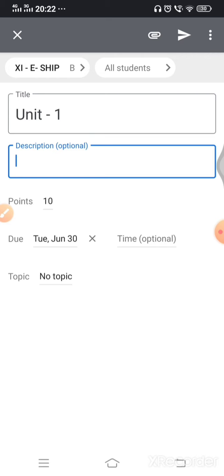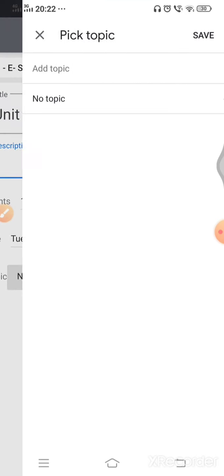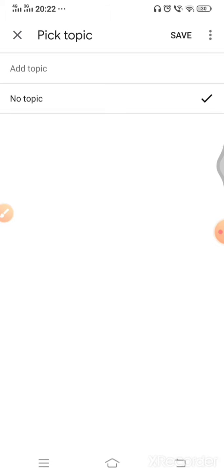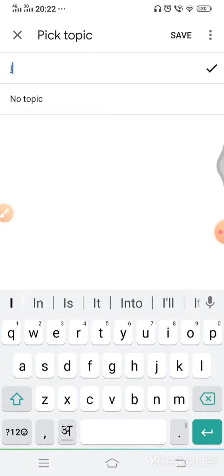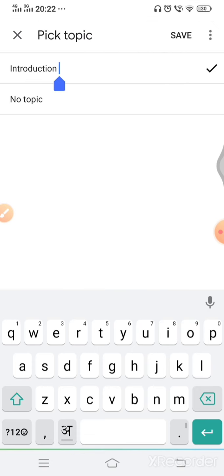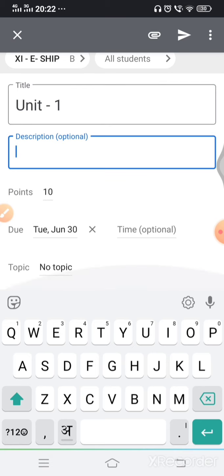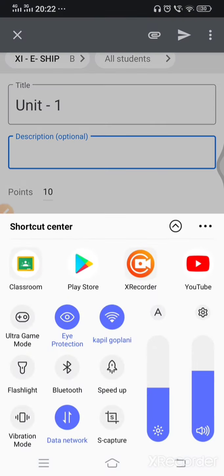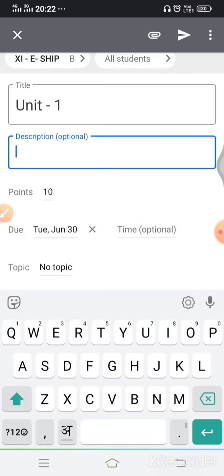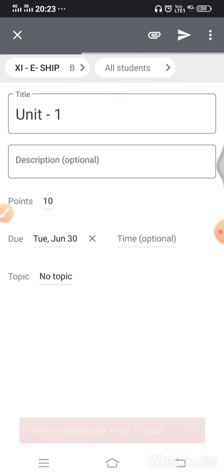You can select, it is optional. Time you can give them, it's optional. Topic you can decide. Suppose it is related with e-ship topic introduction, so I can write introduction. It will be there, and it will be easily highlighted in the app. Or you can create a new topic in front of you. Once it has been done, you will just go on post this. So once you post,